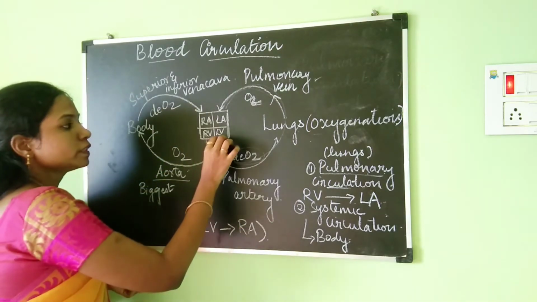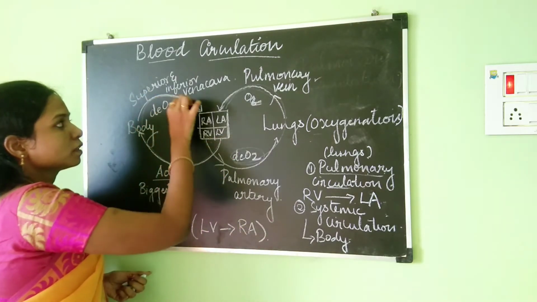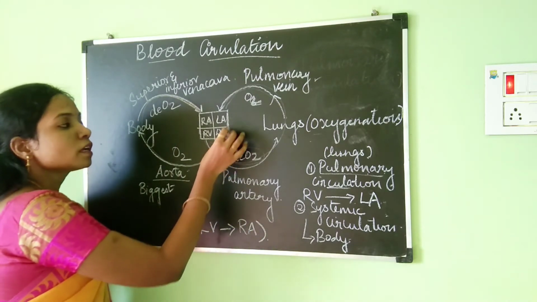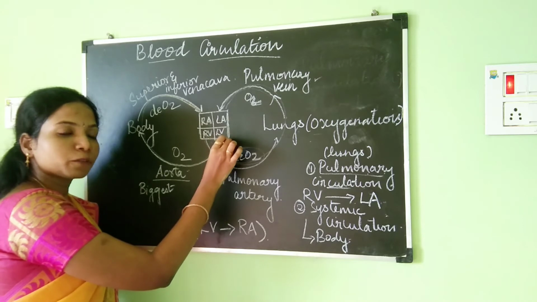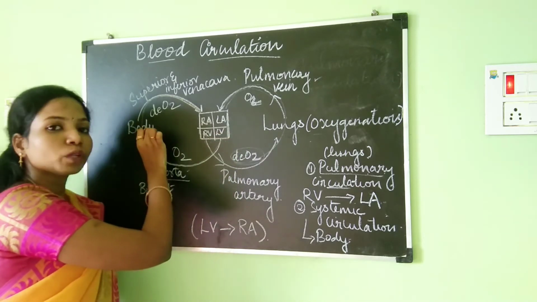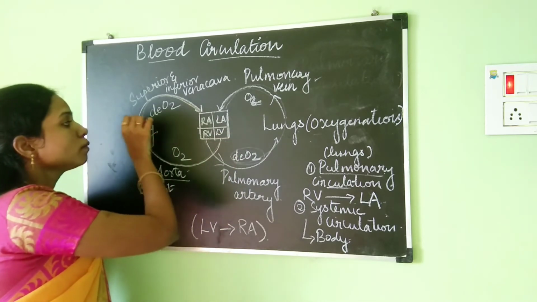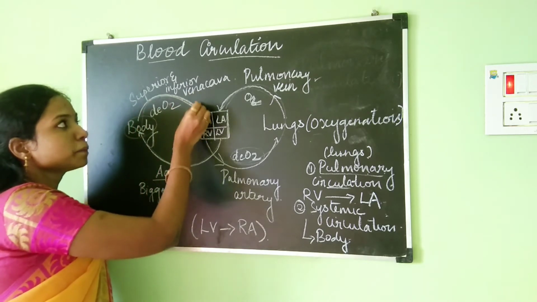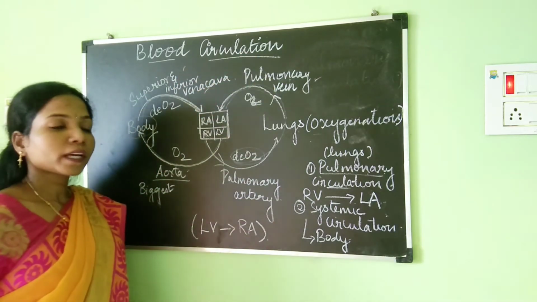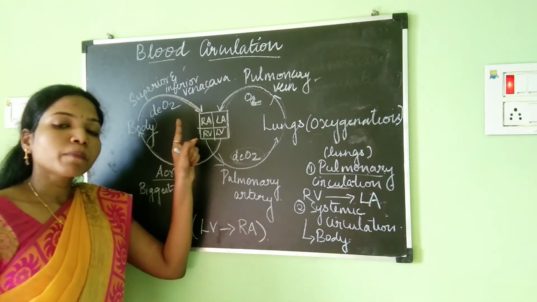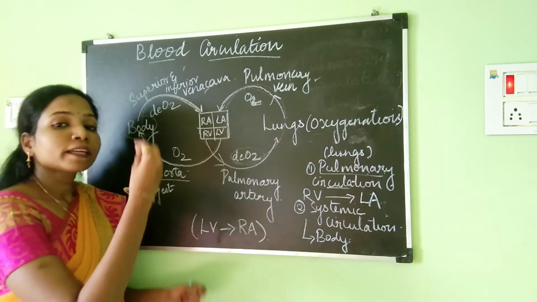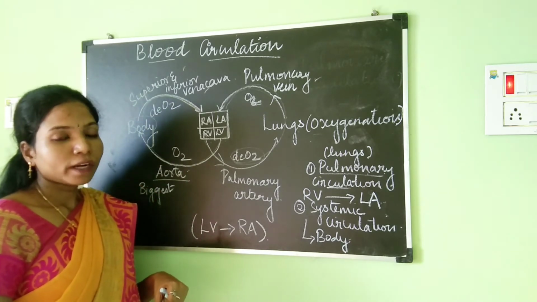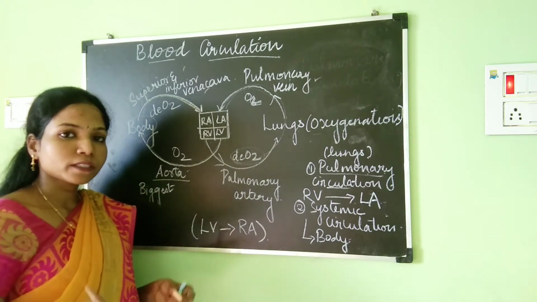So this circulation is known as systemic circulation, which means from the left ventricle, the oxygenated blood will go into the body, and from the body, whatever deoxygenated blood is there is picked up by superior and inferior vena cava and brought back into the heart, so that the cycle continues. So this is about circulation. I will repeat the circulation once again for you.